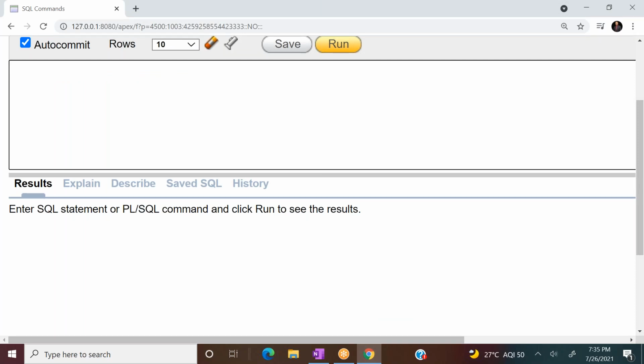To explain this, I'll create one table. Create table student.